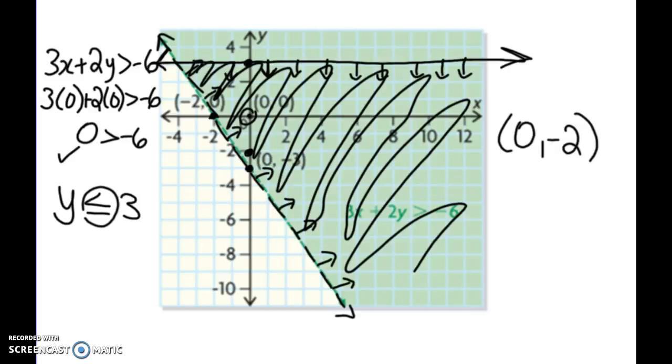I also could choose 2 over and 3 down. That's also within the area. 2 over and a -3 for my y. Or I could try 4 over 1 down, or 4 over 1 up. Those are both within the area. So see, I chose